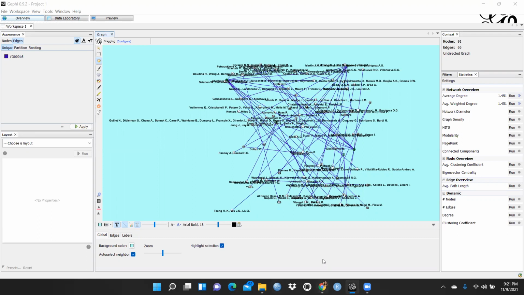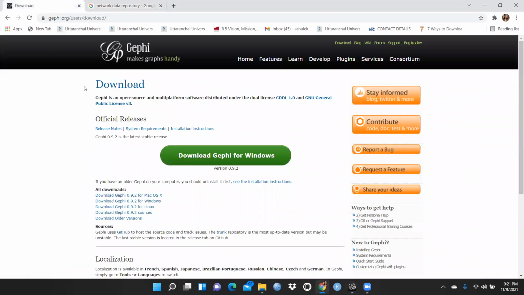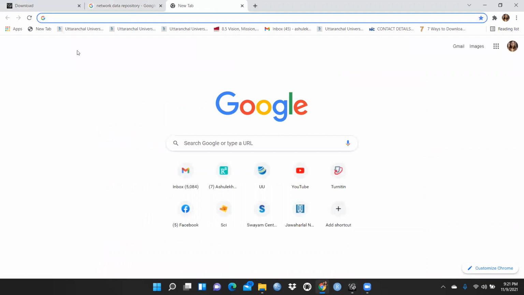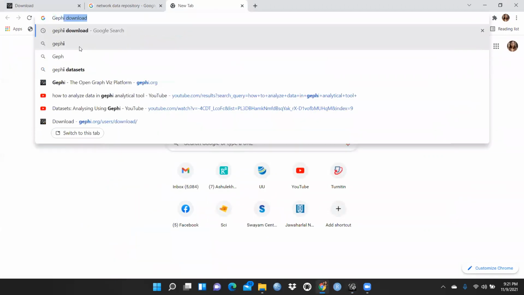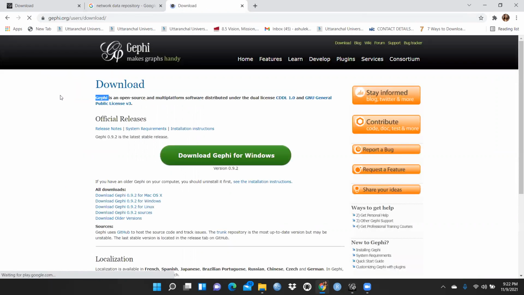So first of all, let me share my screen. Simply type Gephi on the Google search engine, Gephi download, press enter, and then this page would open.